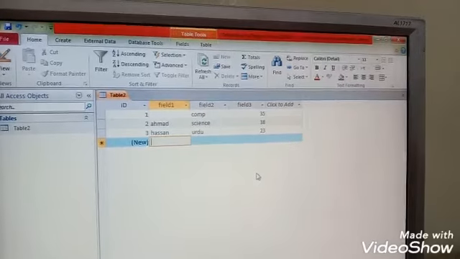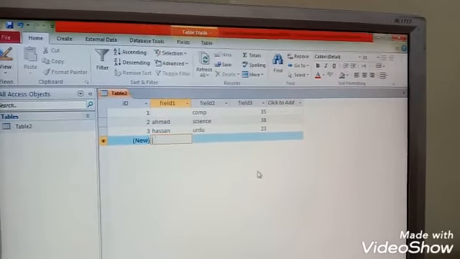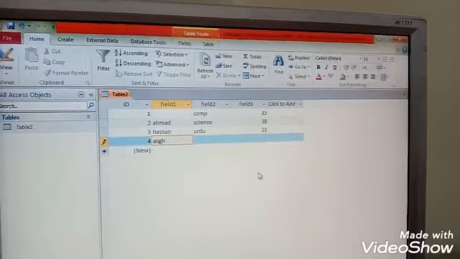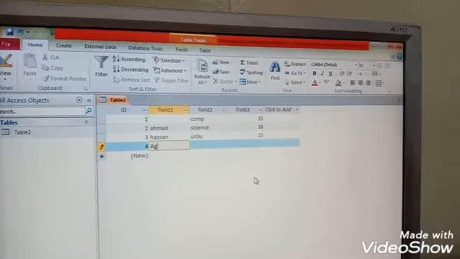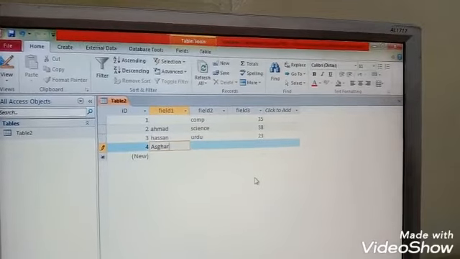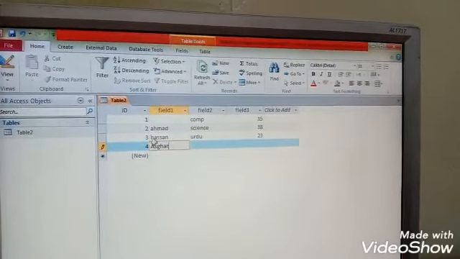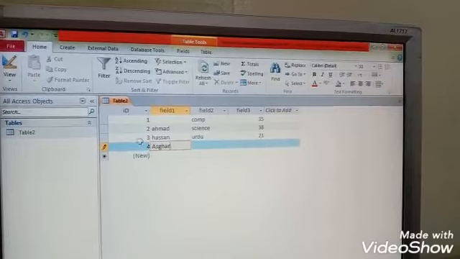This automatically assigned a number in ID form.